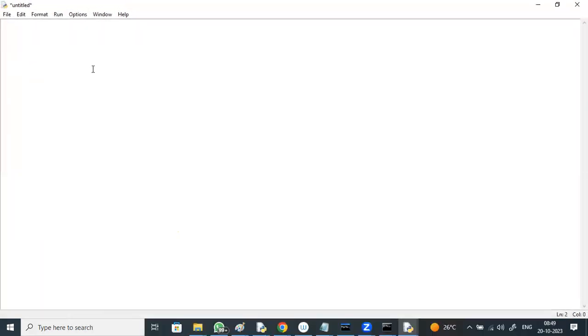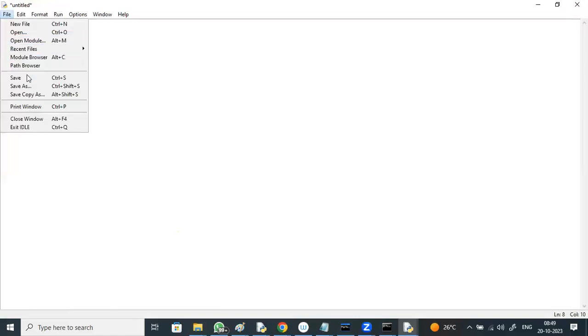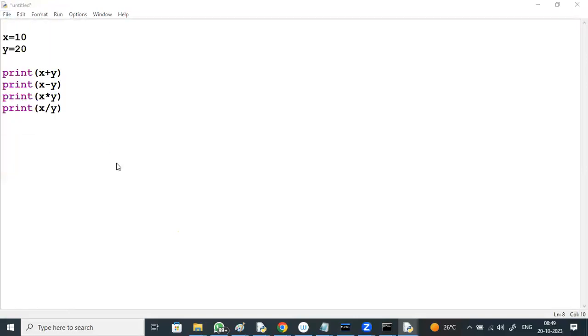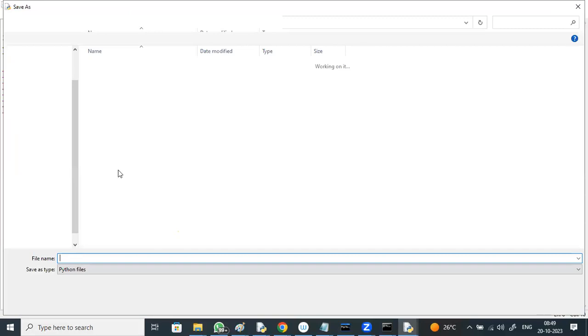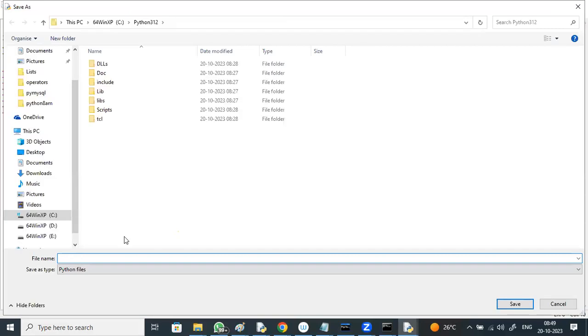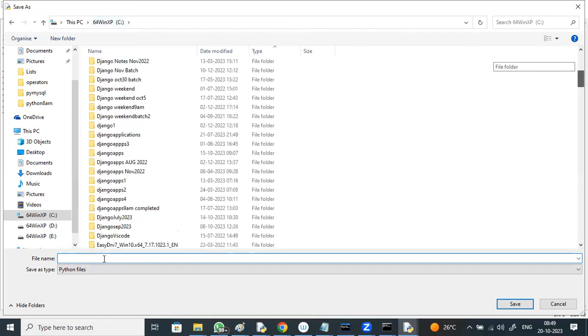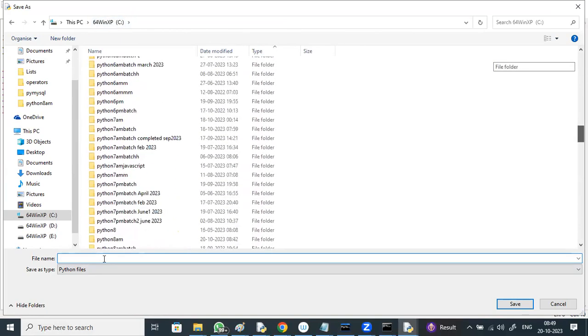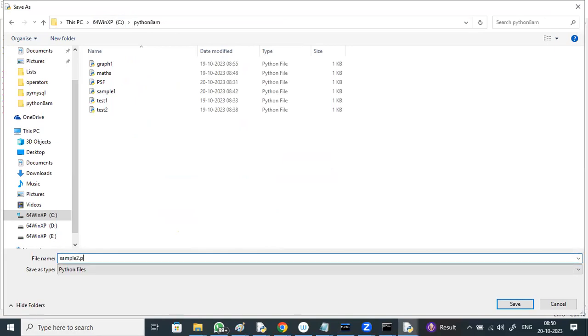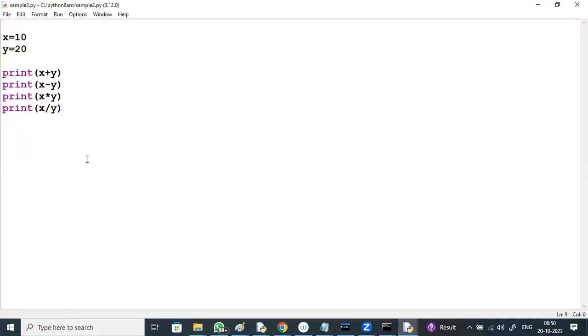So I'm writing this, save it, file, save, with the name and .py extension, run module.